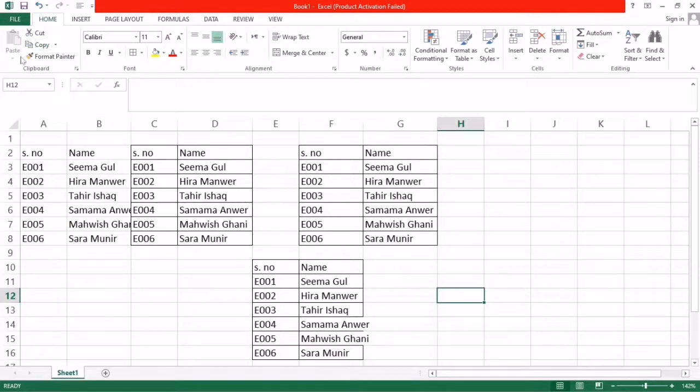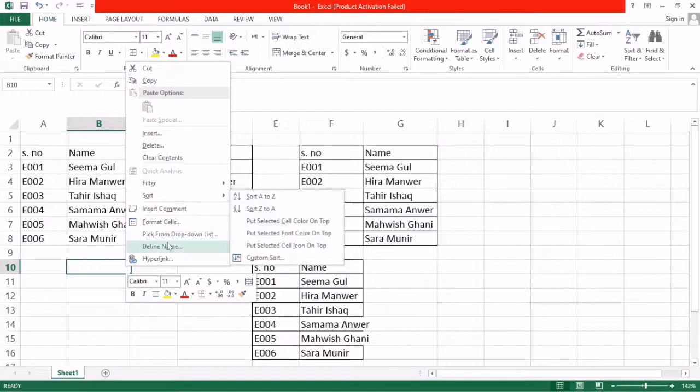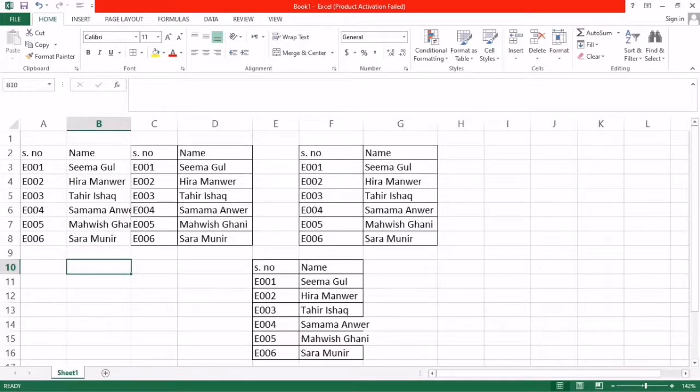Before this, the paste option is dull, but when you copy, it appears, and you click this paste option. Next is by mouse: you right click and the paste option appears. Here you can see the copy option, paste option and cut option. These are all the options that appear on mouse click, and you can use any option which you need.